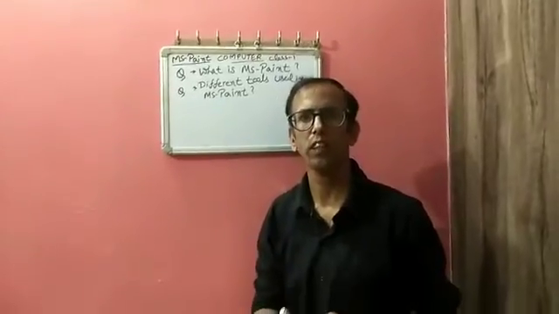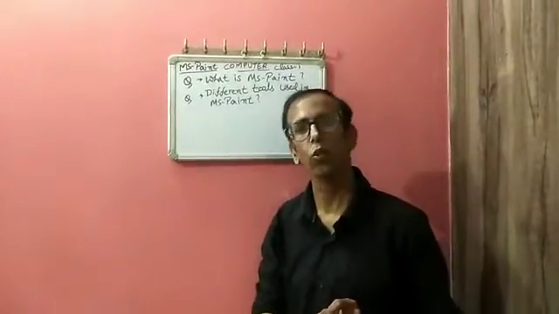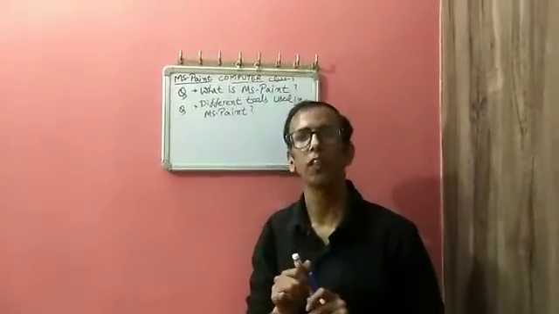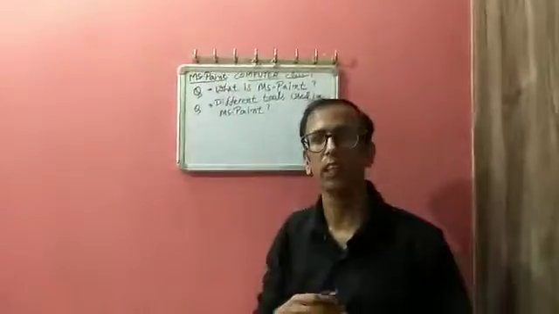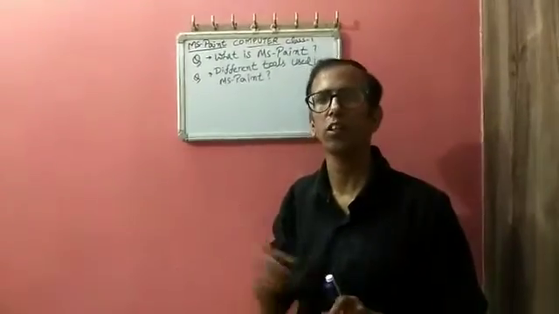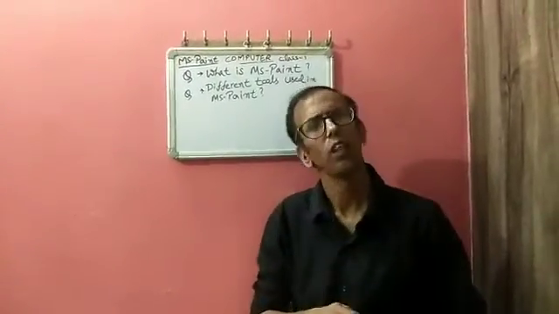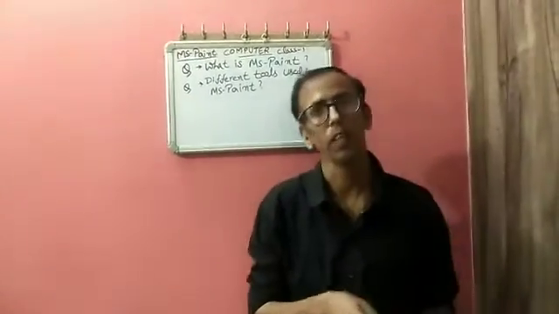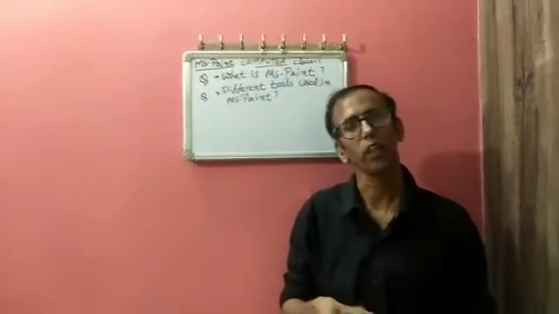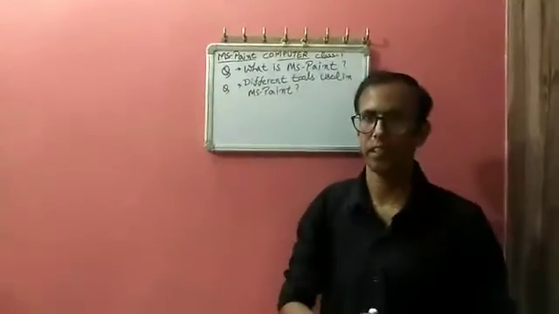For basic knowledge, MS Paint is a tool in a computer using which you can draw pictures. Like you draw pictures in your drawing book, in the same way you draw pictures on a computer. You use a pencil, eraser, color, sketch color to make a drawing, and these are also available in MS Paint.